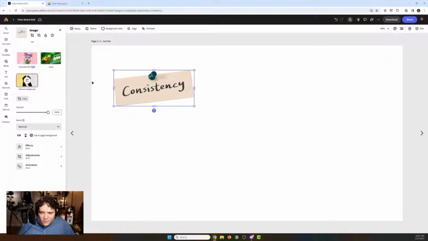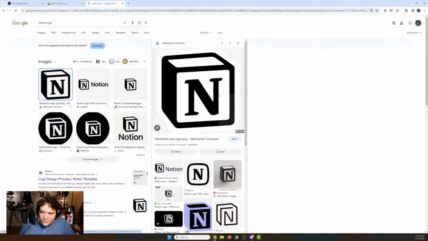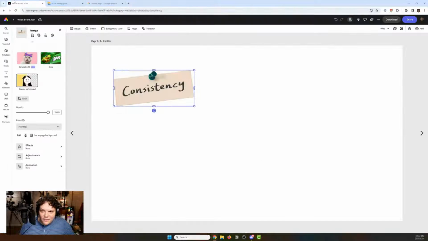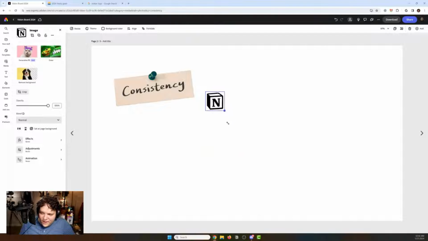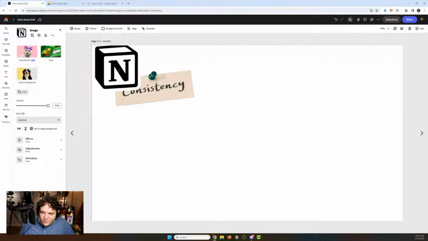So a lot of things that help me be consistent are things like Notion. I really like Notion. It's just a reminder to myself to do it. So as I look or go to, I could just put in the Notion logo for me, and I think that would make a lot of sense. It's as simple as I just typed in the Notion logo, go ahead and copy the image, hit paste, and boom, all of a sudden I have the Notion logo, right? So that's one of those things that I can do.